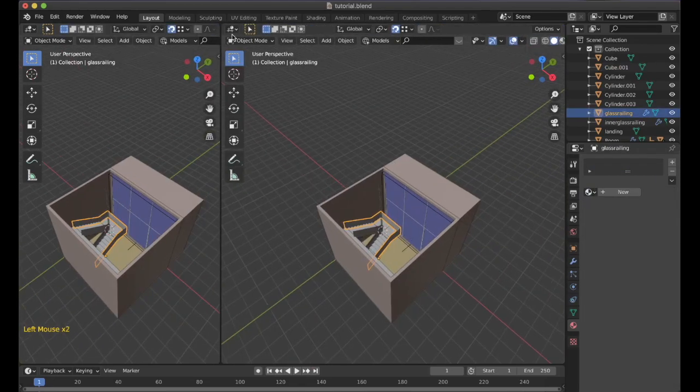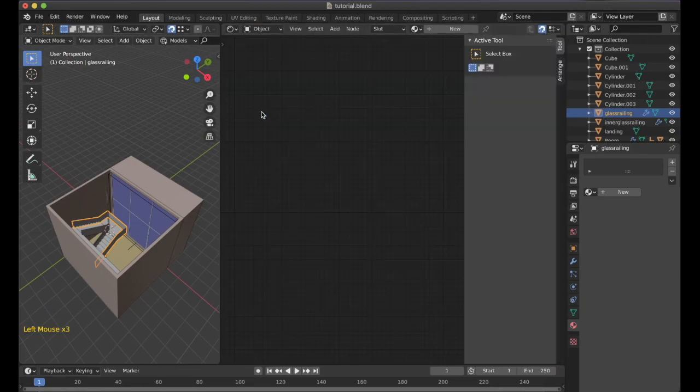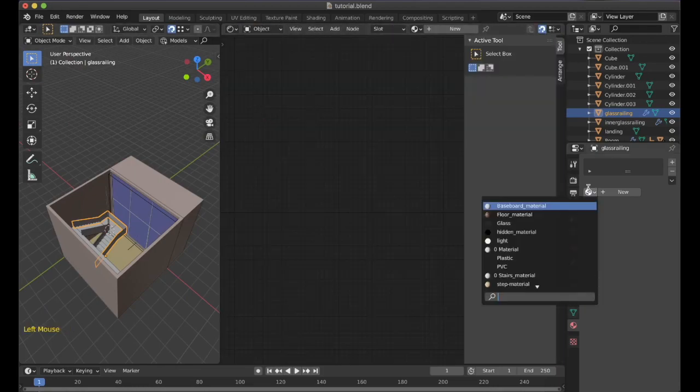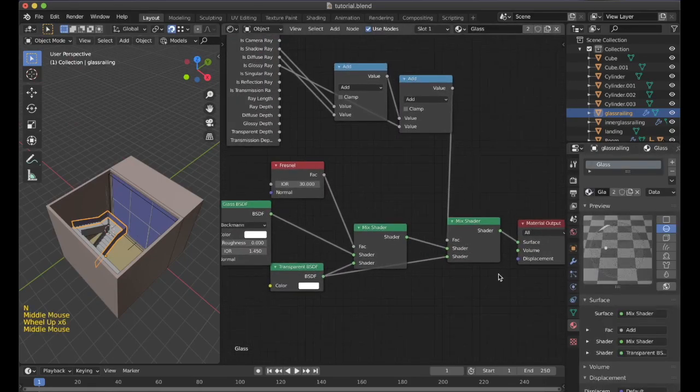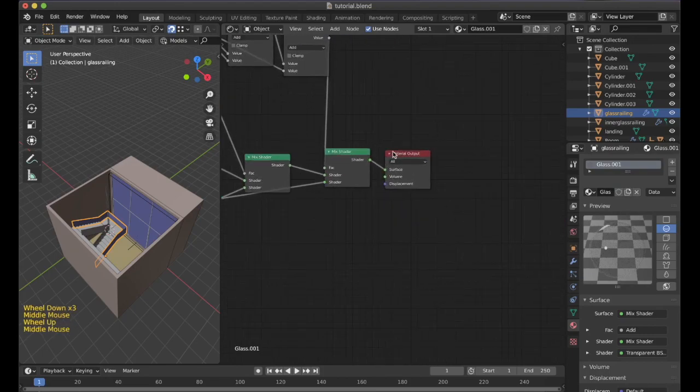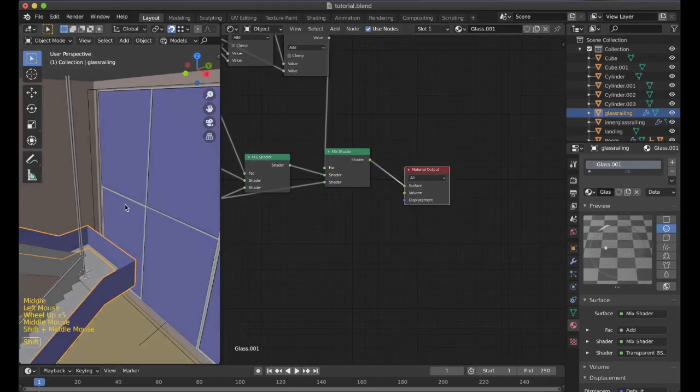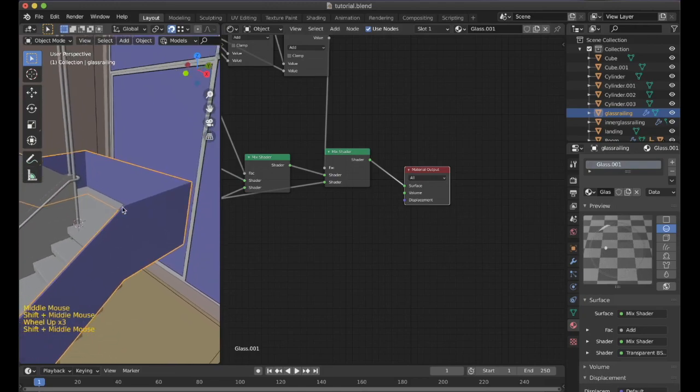Now this one is important because it is a bit different from the window glass setup. So over here I will select this glass option, but if I change it right now, it will also change the material of the window. To change it individually, I will press this number option over here and make it a copy of that material, which will not affect that material directly. So now you must have seen that whenever there are glass panels or railings, usually on the edges there is light being absorbed, which is giving it a black kind of shade at the edges.